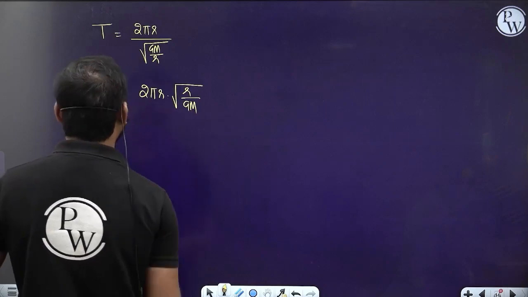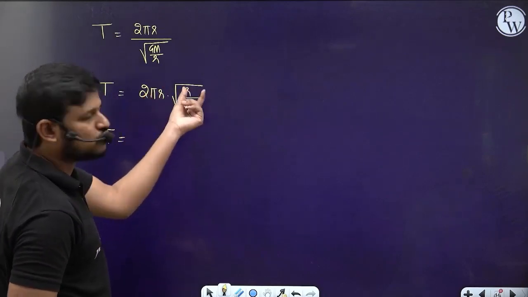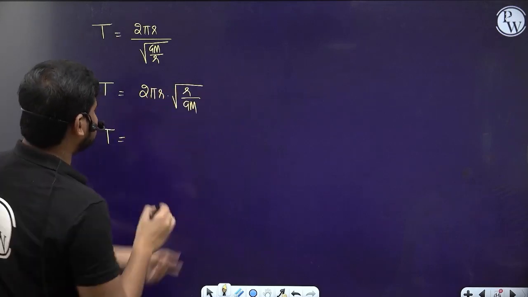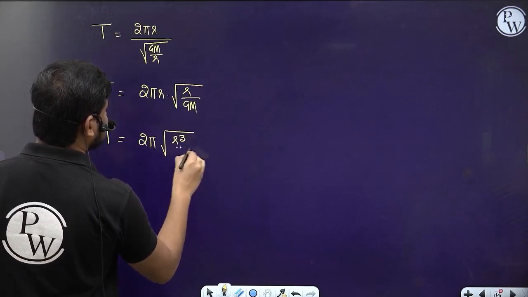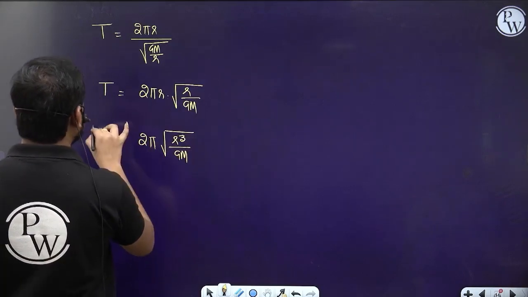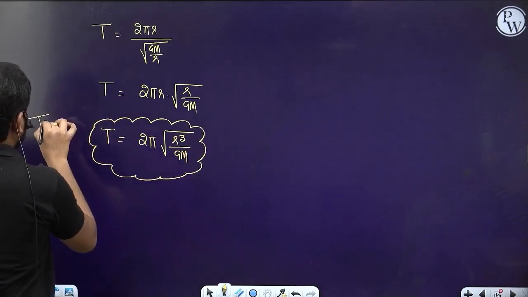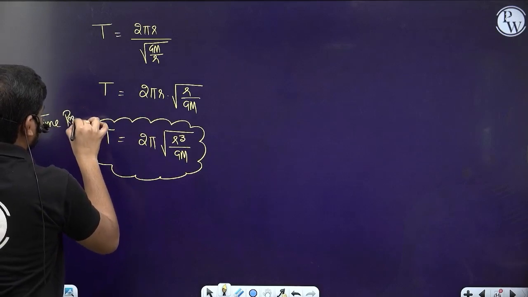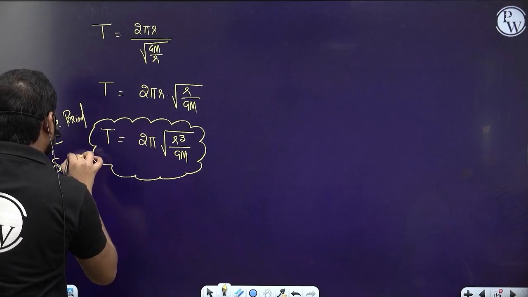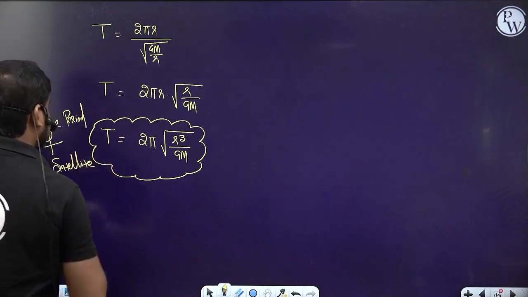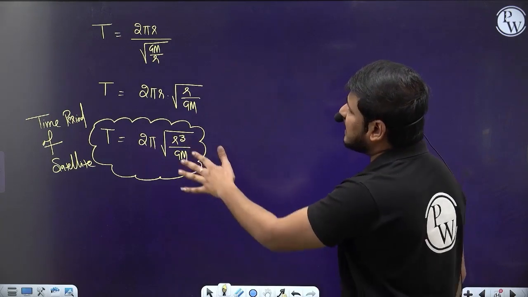So let's do one thing. Let's write this r also inside the root. If we send r inside the root, it will become r square. So T equals 2 pi into root over r cube by Gm. So this is the time period of the satellite. Clear guys? Done? If it is very close to the Earth's surface, we take this r as capital R